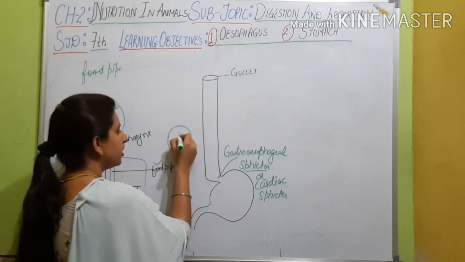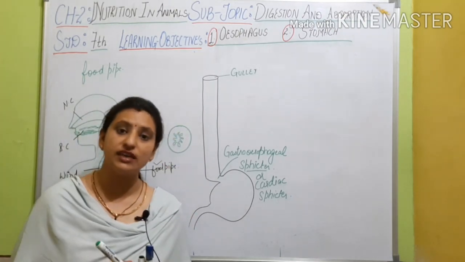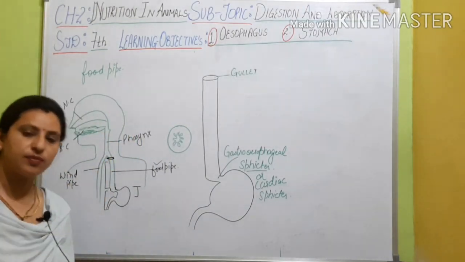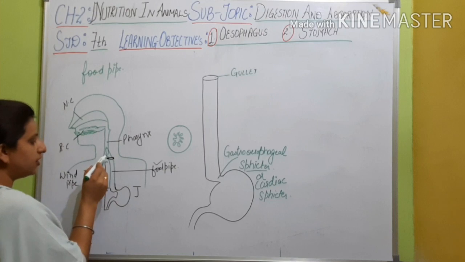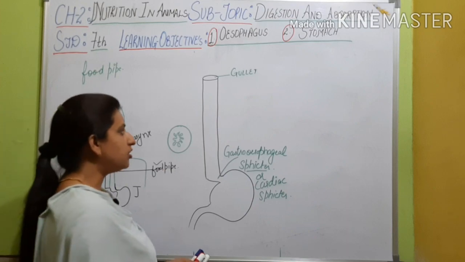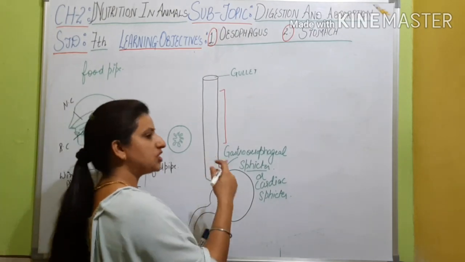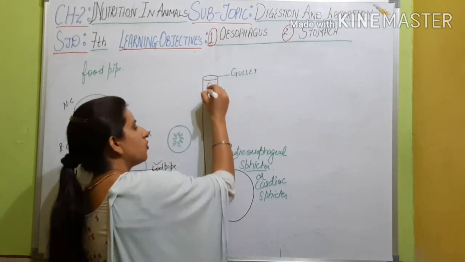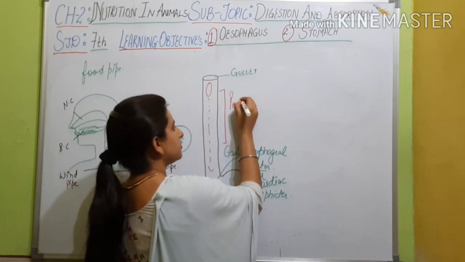It has folds in between. It is a pipe but it has folds in between, and it will not allow the easy passage of the food which is coming from the front. And yesterday we discussed that the food which we eat is in the form of bolus, and the bolus will then enter into the food pipe which is called the gullet. So in this part of the esophagus, a special type of mechanism takes place which helps in moving the bolus from upward to downward, that is called peristalsis,